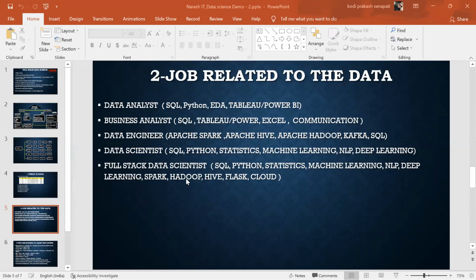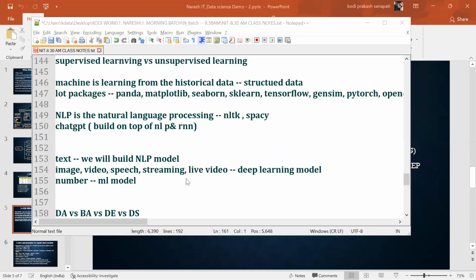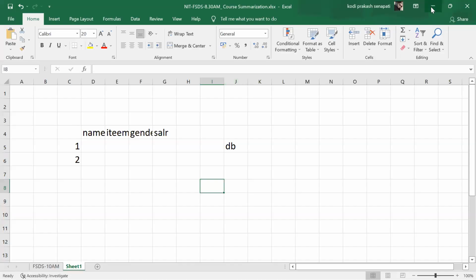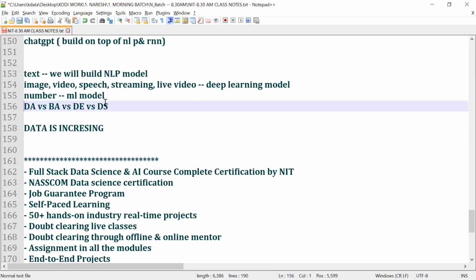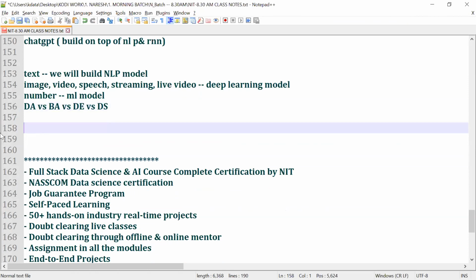So today, let me write it down. The strategy is, first you need to understand the business, guys. That's why business analyst. The one who analyzes the business is called a business analyst.